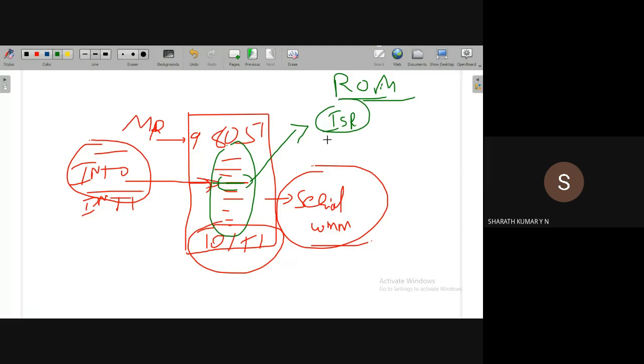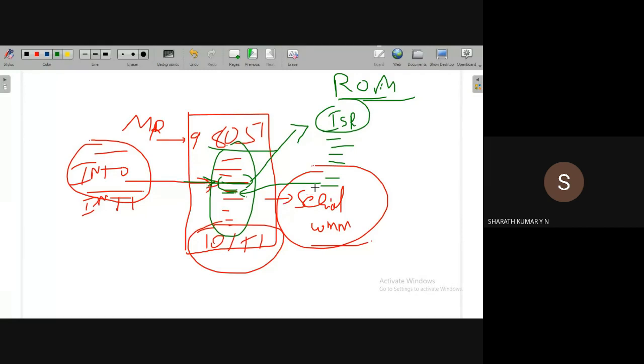After the completion of the interrupt service routine, it should go back to the main program, where the 8051 was interrupted. That is the line of code next to the instruction which was being executed at the point of generation of the interrupt.